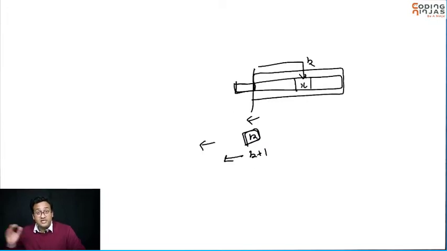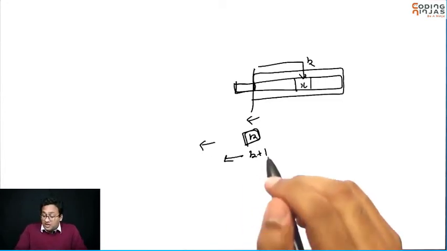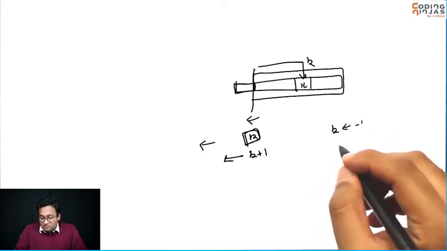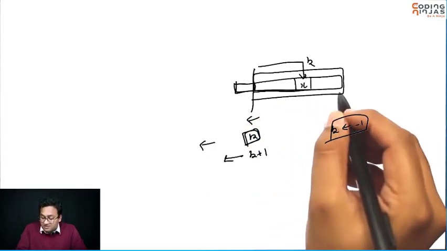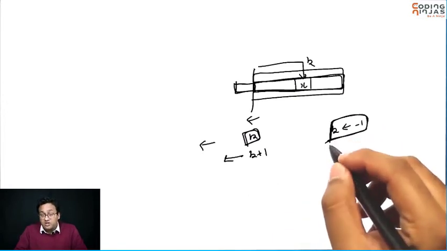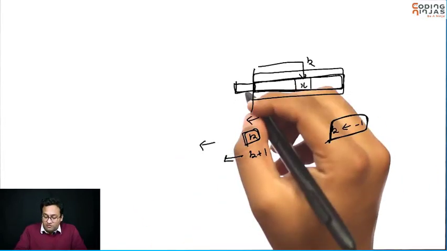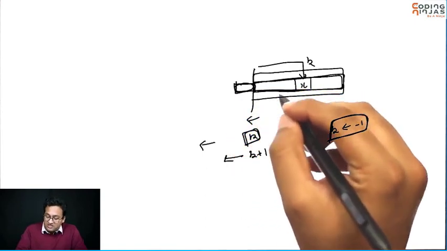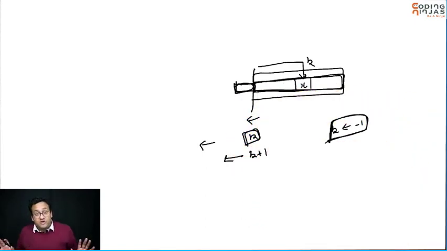So if the smaller list says that x is at k, the larger list should say that it is at k plus 1. But in case k is -1, that basically means there was no x. There is no element, no data point which is same as x. That's why it's returning -1. Then you need to return -1 because you have already checked at the 0th place. You have checked in this part as well, and there is nowhere where you have x. That basically means you need to return -1. So you have to be careful about that part.